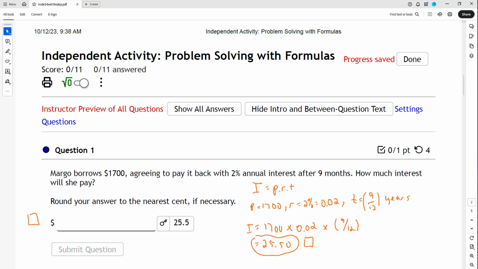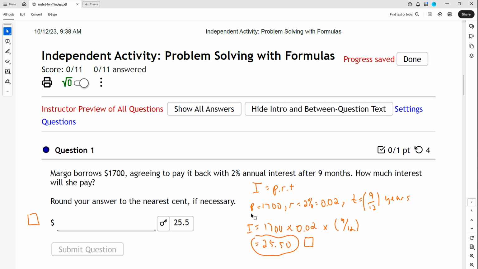This is week 11, independent activity, problem solving with formulas. Margot borrows $1,700, agreeing to pay it back with 2% annual interest after 9 months. How much interest will she pay? I'm using a simple interest formula. I is equal to PRT,